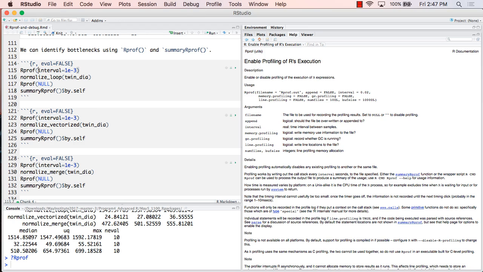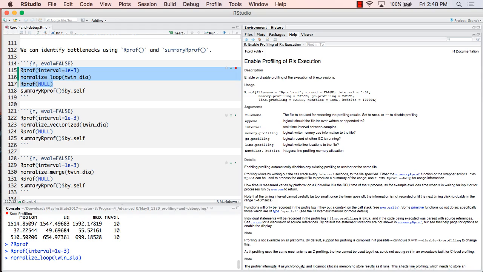Since I'm running functions that don't take too long to run, I'm decreasing the interval so we can get more information. So I run those,